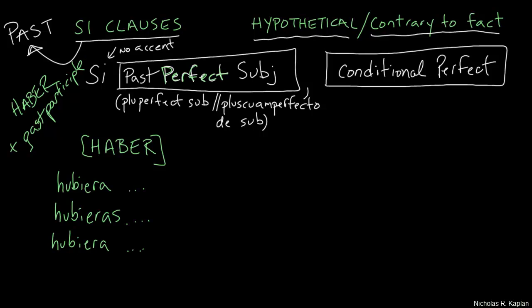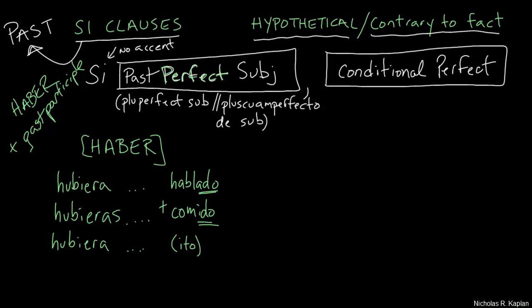You can look them up if you don't know them. And then we'd add our past participle, which would be something like hablado or comido, spoken, eaten. Most of them end in ado or ido, and then some of our irregulars end in